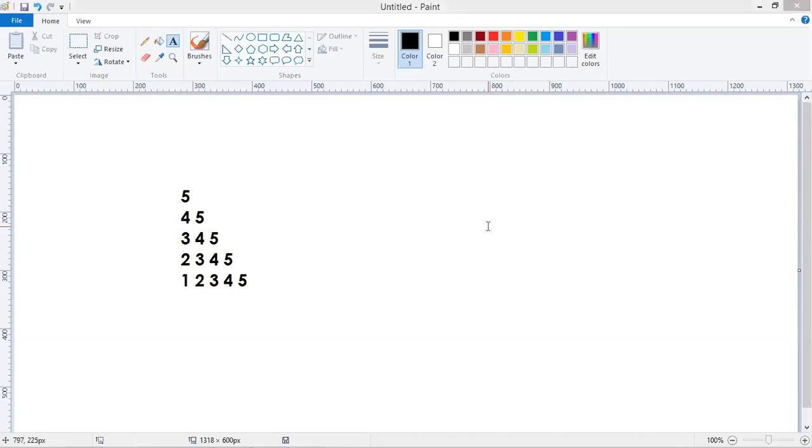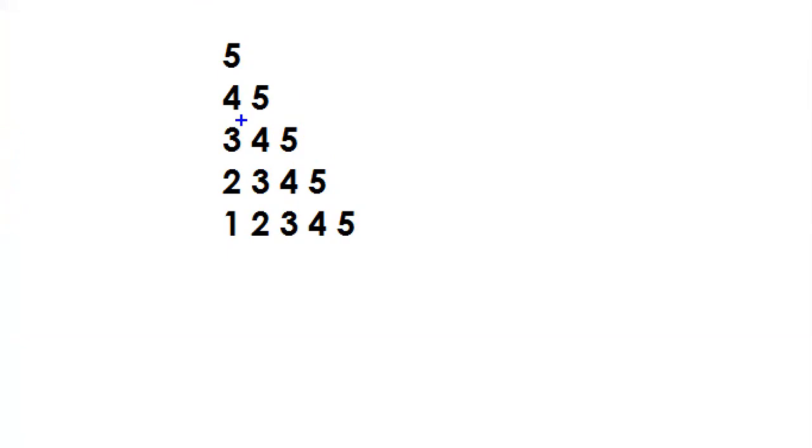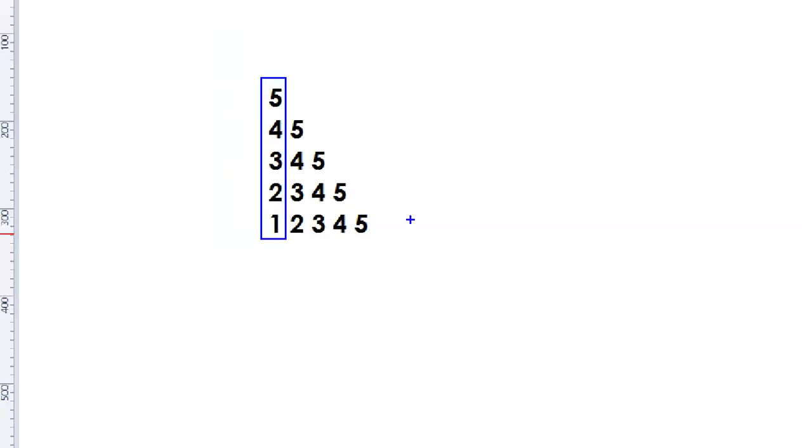Everyone, in the outer loop, what do we have to write? 5, 4, 3, 2, 1. That is the outer loop. I value should be 5, 4, 3, 2, 1.